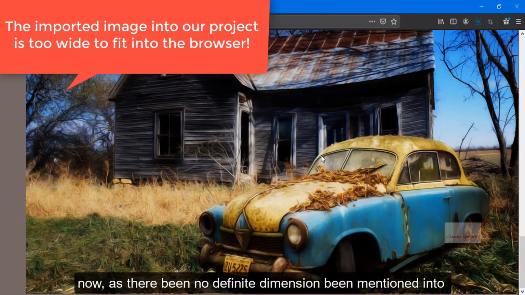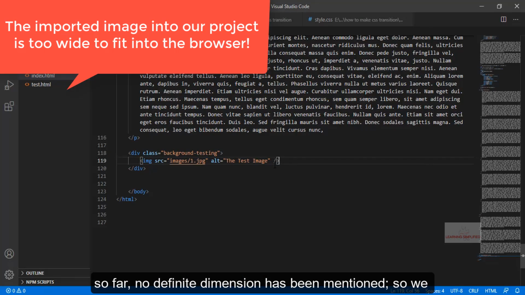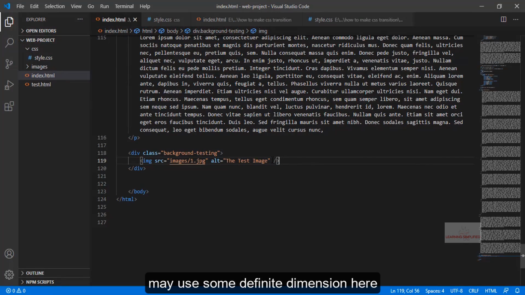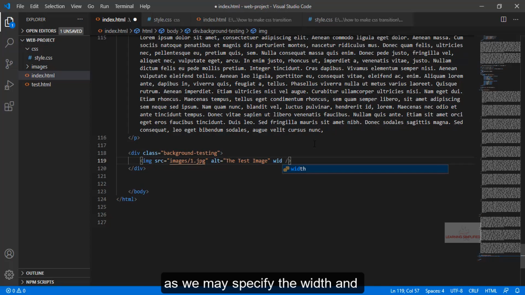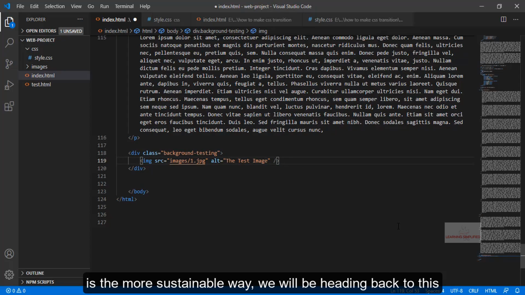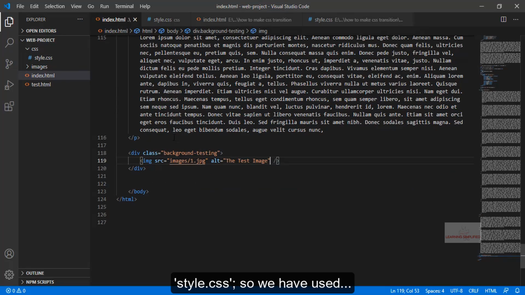Now, as no definite dimension is mentioned in our coding here, if we head back to our code, we can see that so far no definite dimension has been mentioned. So we may use some definite dimension here, as we may specify the width and the height properties as inline CSS in our project, or, which is the more sustainable way, head back to the style.css.